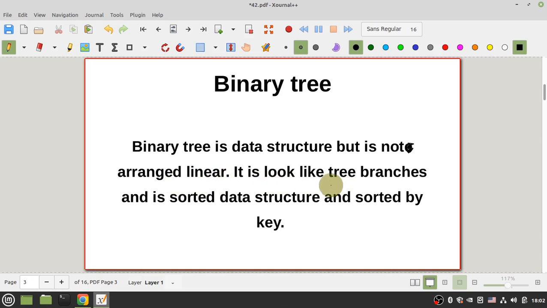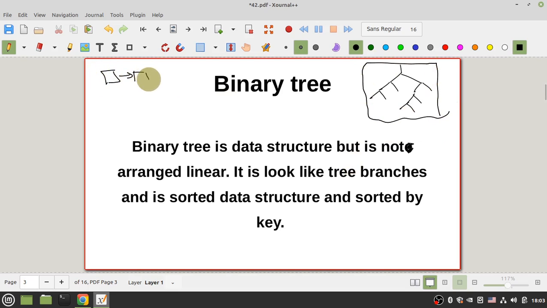It looks like tree branches. For example, assume that you have an upside down tree with branches like here. Okay, here is a tree. But as I said, a list is arranged in a linear form, one by one, sequentially arranged. Okay,